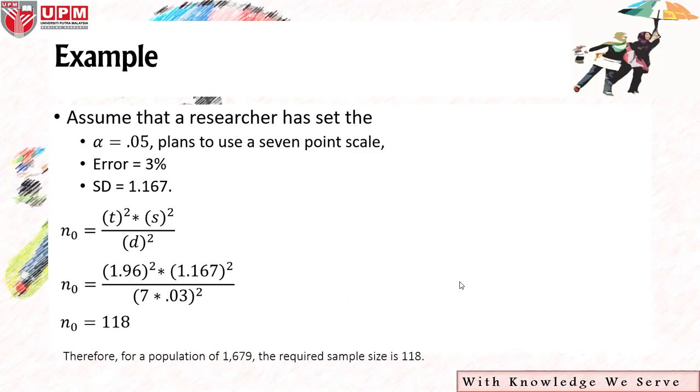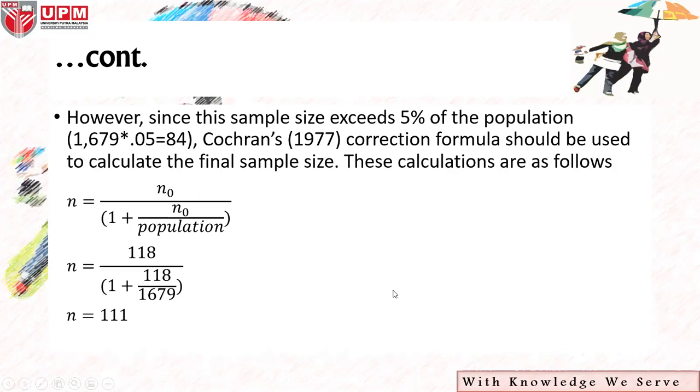Dapat doktor. Okay, so the required sample size for the first step calculation is 118. So for a population, let's say in our population we got 1679, the minimum required sample size is 118. For our analysis to be valid, the final sample should be 118. Bila kita nak buat data analisis nanti, kita kena pastikan dalam tangan kita ada 118 respon daripada responden. Faham? Based on first equation ni. Okay. Next one.